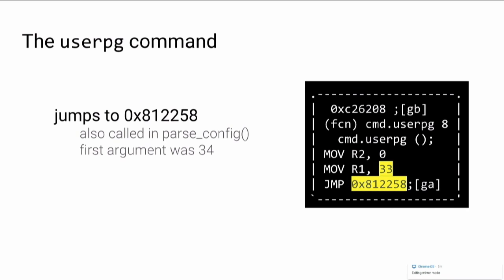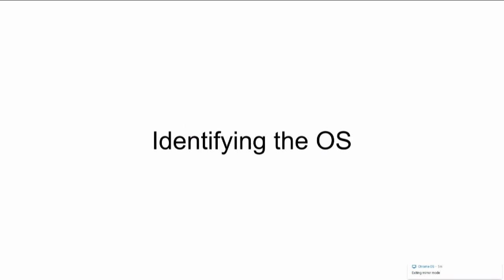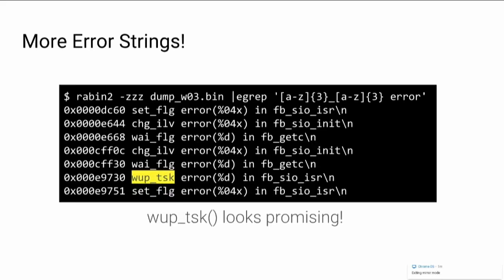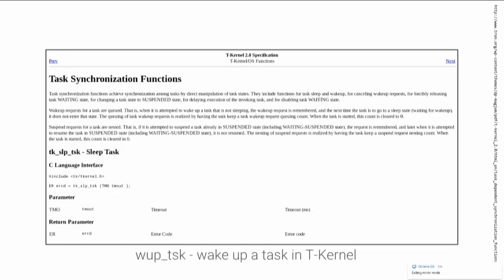And instead, what I will show today, we'll try to identify the operating system. So we are, let's say, 40 minutes into the talk, so I guess that you know what we'll do. We'll use strings again. If you look again at the binary, you will find this format string, which is really interesting. And this one contains a name, WPTSK, which looks really nice for an operating system. So if you search for this name online, you will discover this page saying that WPTSK is a function used to wake up a task in an operating system named tkernel.